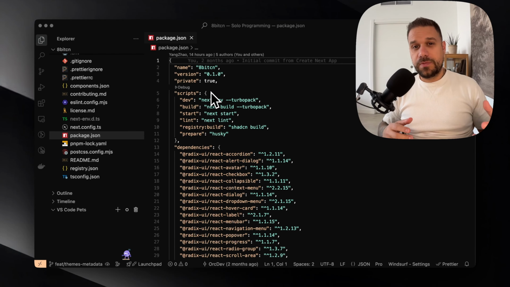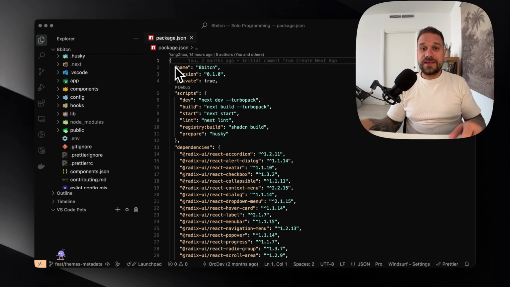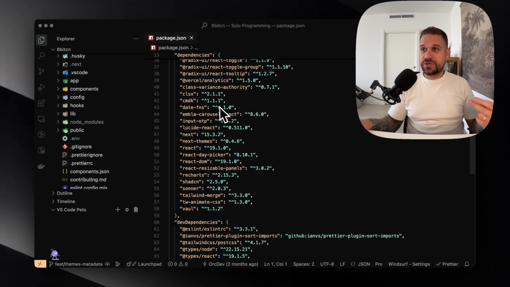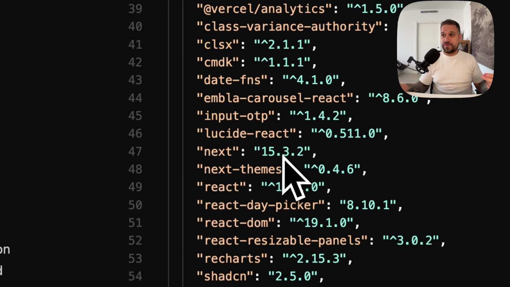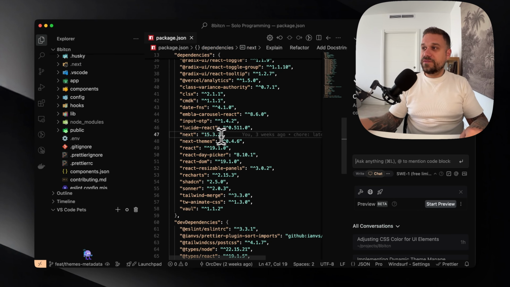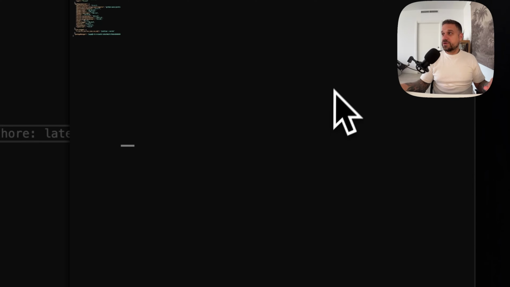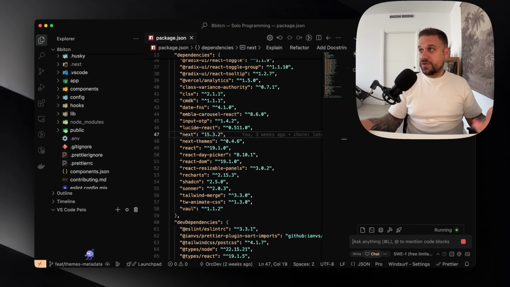I often face a problem where AI can't keep up with the latest tech, like Tailwind version 4 and React, for example. And I have here the latest version of Next.js, which is 15.3.2, but if we would ask AI to give us the latest version, what is the latest version of Next.js,